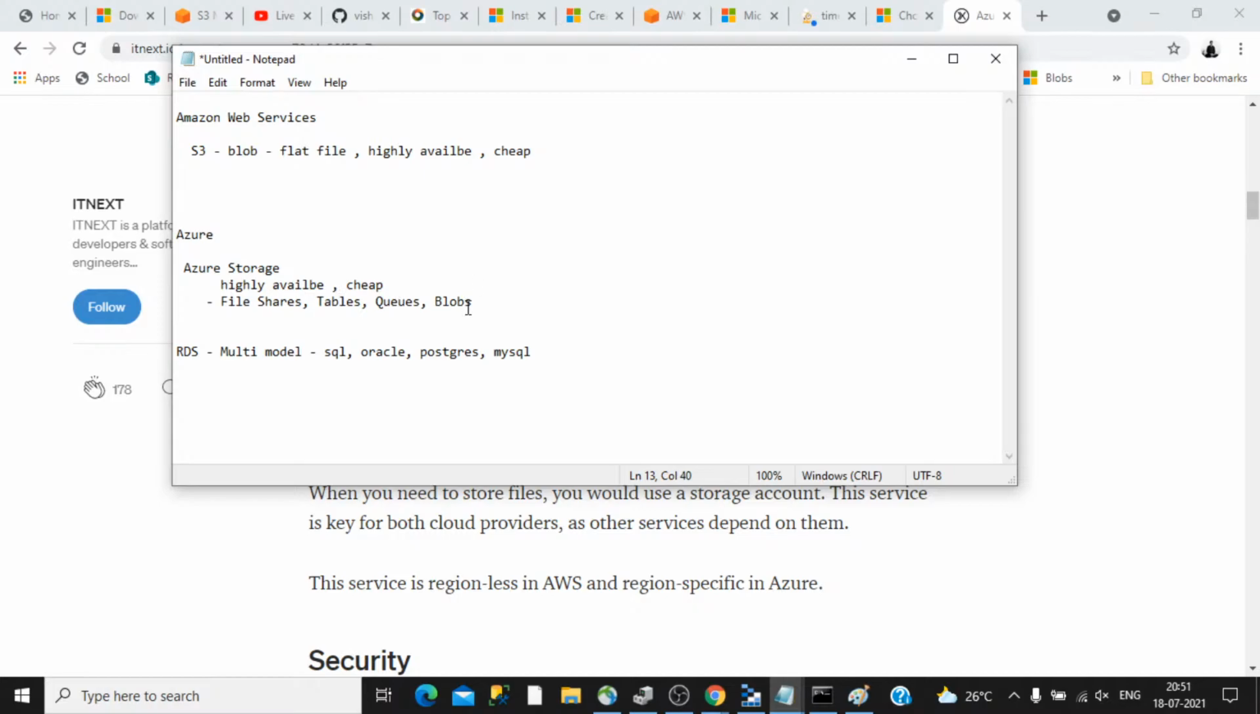Now you may be thinking, okay, as we create the S3, we only have the provision to store a blob which is a flat file. So how will we be storing the queue and the table structure? For that there are equivalent services, but you have to create them separately in Amazon Web Services. So the equivalent, in the case of file shares, for example, in Azure storage you have the concept of file share, so the equivalent in Amazon will be EFS, or Elastic File System. And similarly for the tables in Azure, the equivalent in Amazon will be